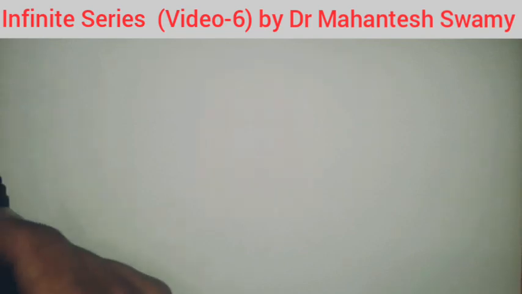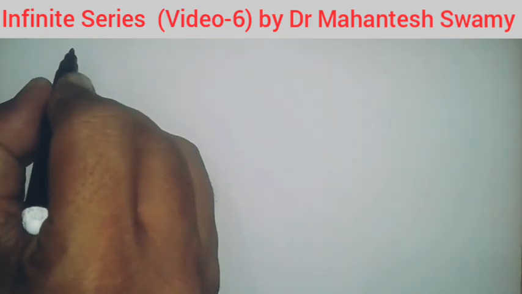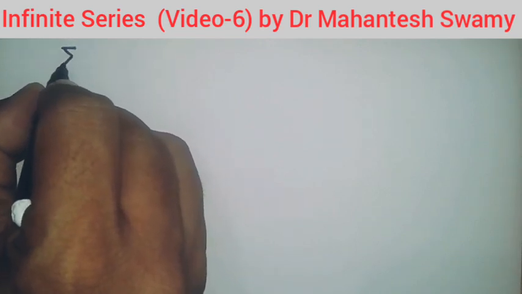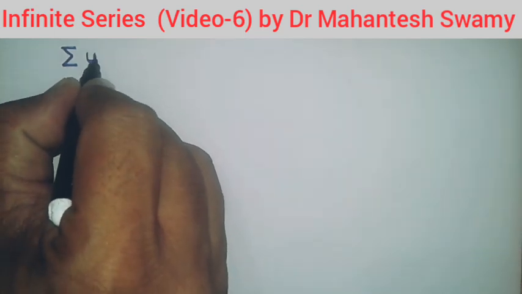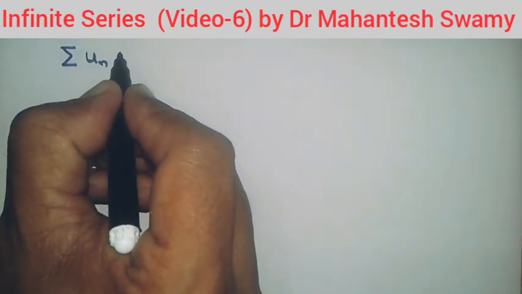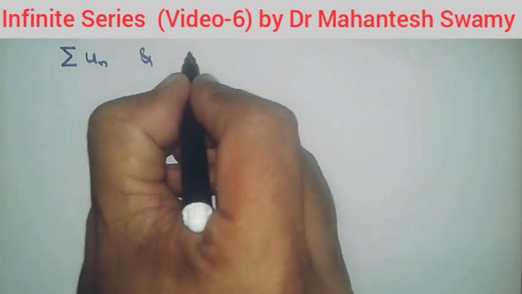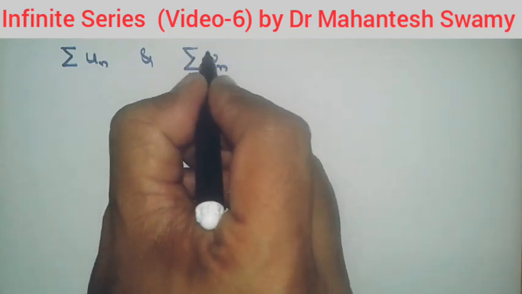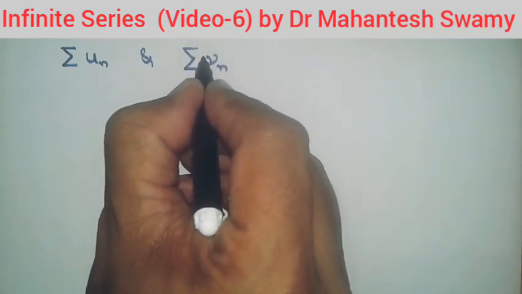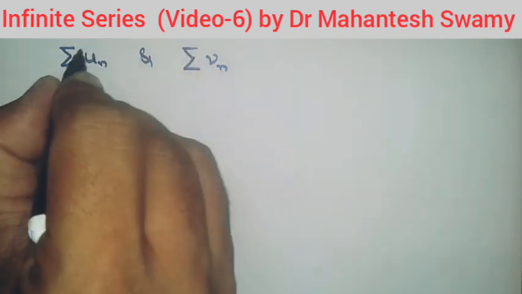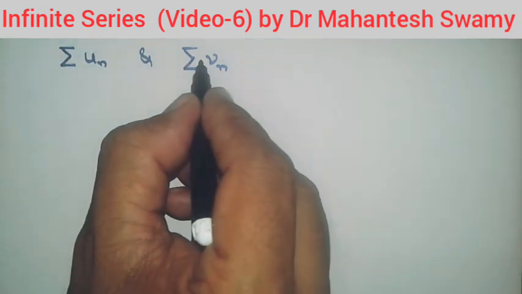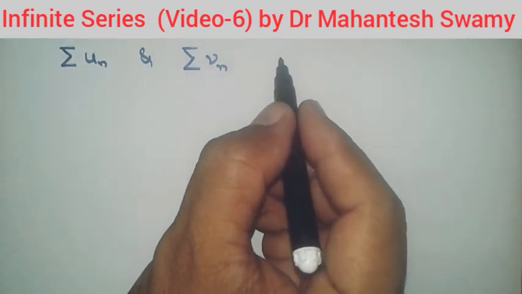So what is the principle of this test? Here, there will be two series of positive terms in our hand. Summation un will be the given series of positive terms, and along with that we will choose one more series summation vn as per our requirement. The choice of this series is left to us. So let summation un and summation vn be two series of positive terms,